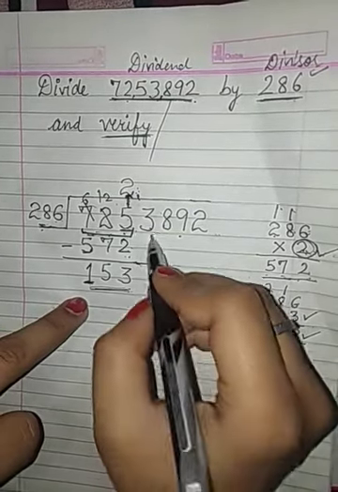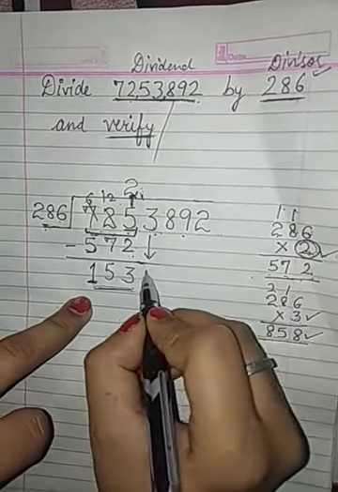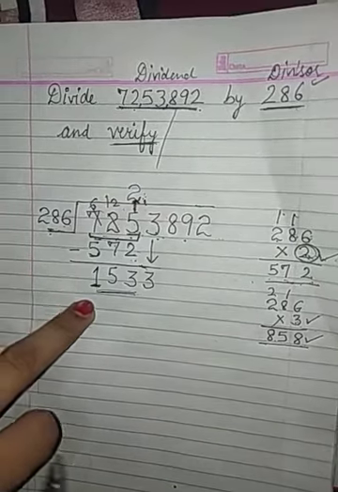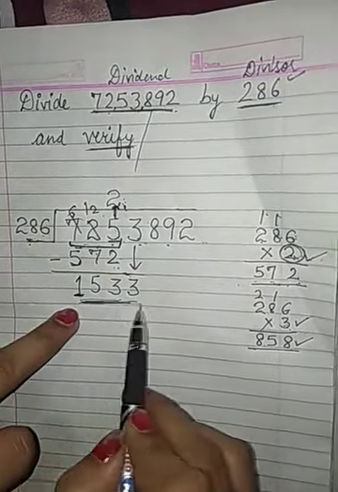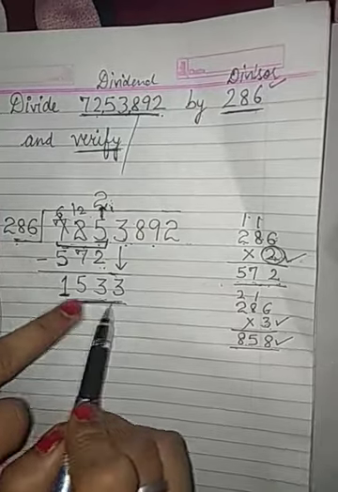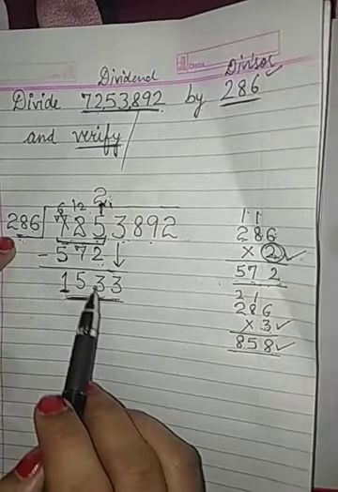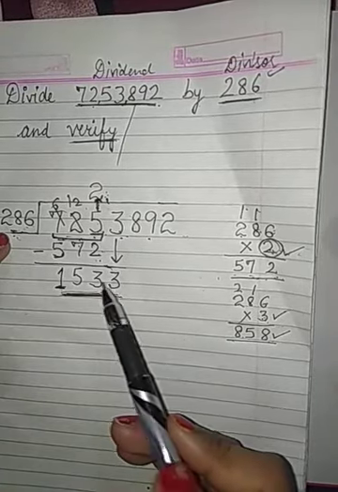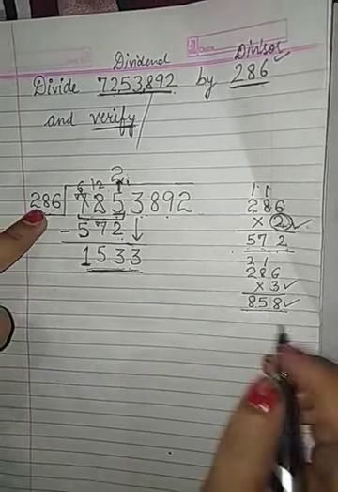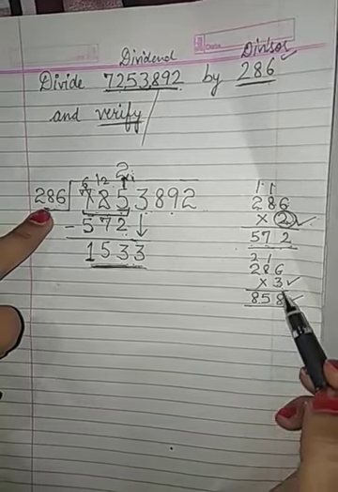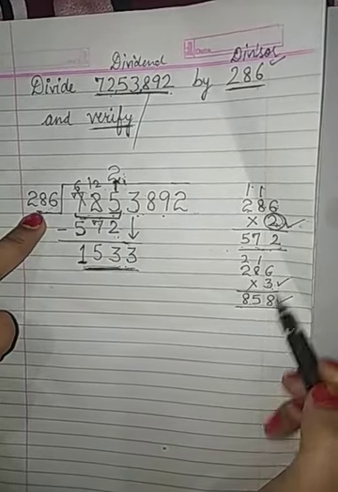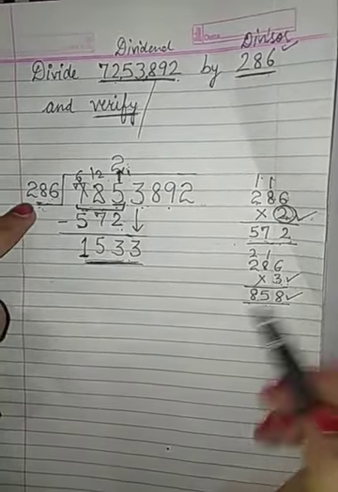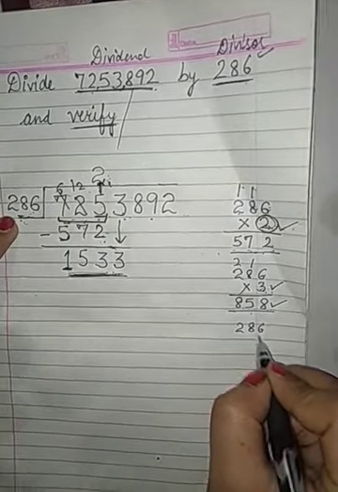So what we will do, we will bring down the next digit, and that is 3, so that it will become a bigger number. Now it is a 4-digit number, so we can divide a 4-digit number by a 3-digit number. So let's check which number it will go with. So 286, I am going to multiply. We can see that we have multiplied by 3, it is coming less. So let's multiply with 5,